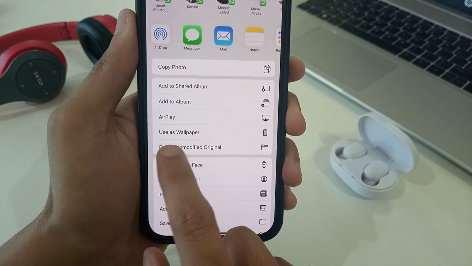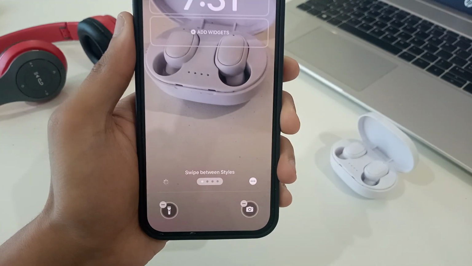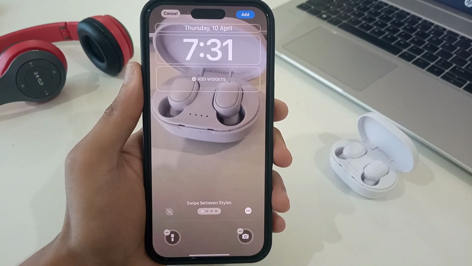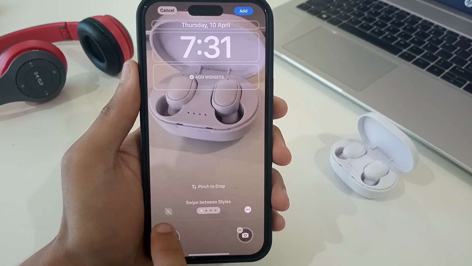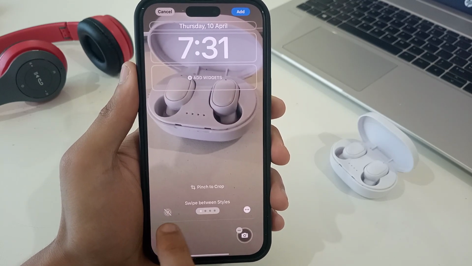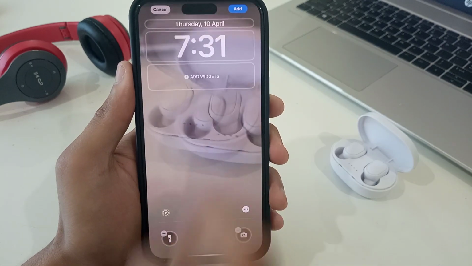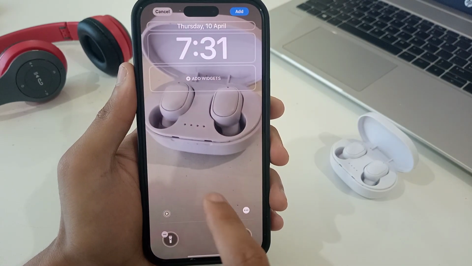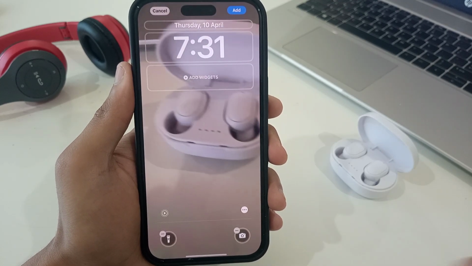You see that there is an option, use as a wallpaper. Just tap on it, and after that you see that there are options on the bottom side. It shows me that it is disabled for a live motion picture. I have just enabled it by tapping it, and the motion comes on. So that's how you can take any live photo and put it as your home screen or lock screen,